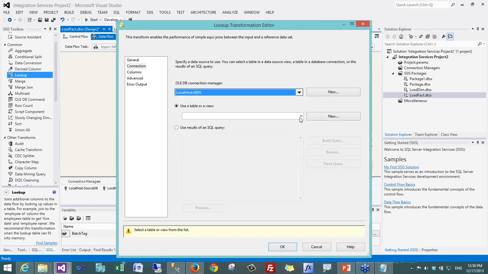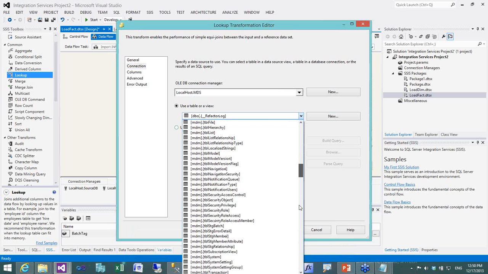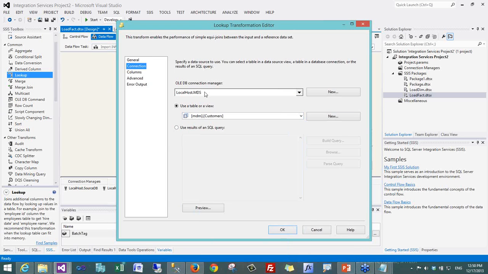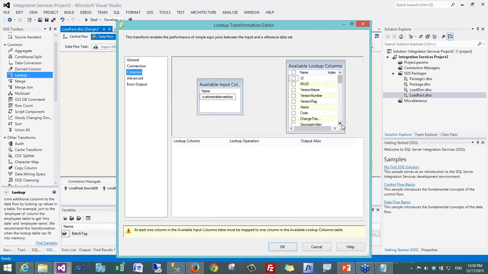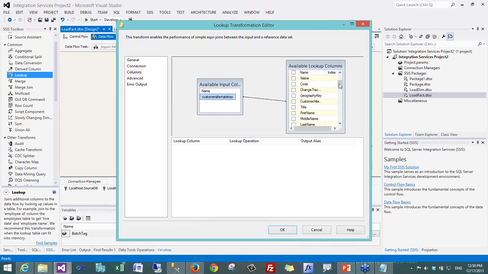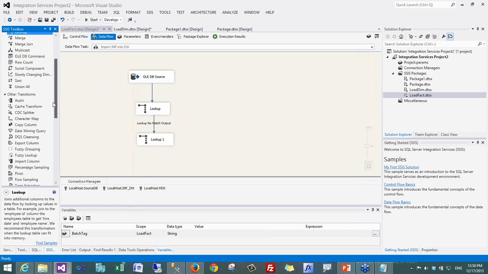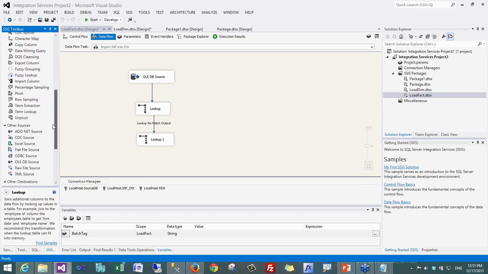So I'm just using the customers view here. I'm checking this with the customer alternate key, and I'm getting the MDS code. I named this as MDS key. This step is just for fetching the MDS key, which is quite important to track down. So I'm getting that MDS key,